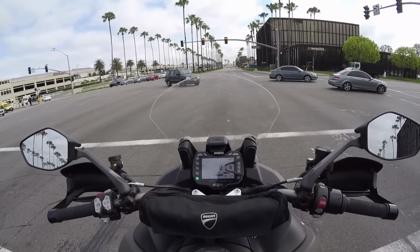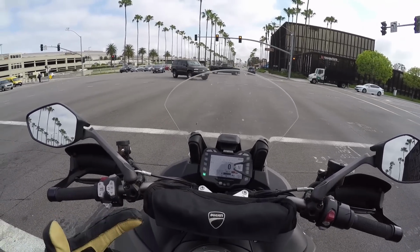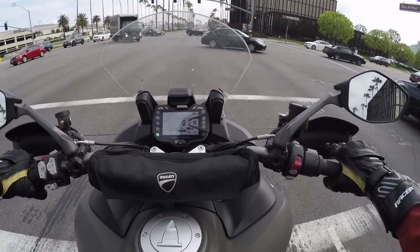The Multistrada Enduro has a lot of range. It's got a lot of storage capacity. It's got a lot of wind protection. It's got a lot of features. It also has a lot of weight. I weighed this bad boy